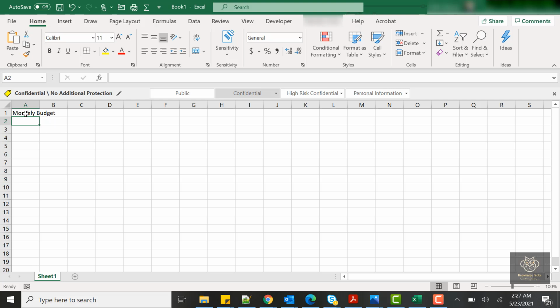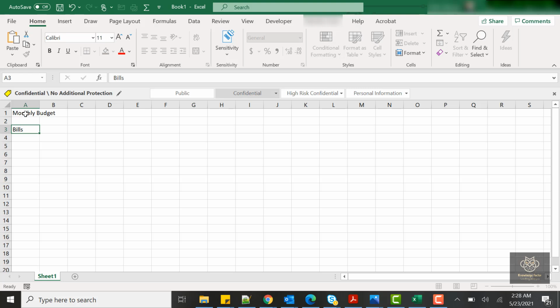Don't worry about making fancy looking colors and all that stuff. We'll do that later on. For now, we are just going to put some labels in there and start to build the basic structure of our spreadsheet. I'm going to drop down into cell A3 by pressing Enter, and I'm going to create a column here that's going to act as the label for all of the bills that I have for each of the months. So the first thing I'm going to put in here is a nice header. We'll just call it Bills.